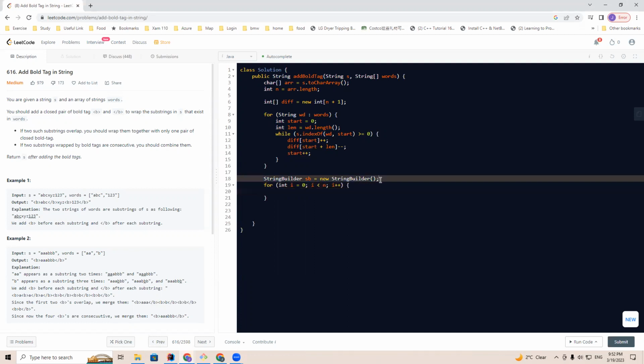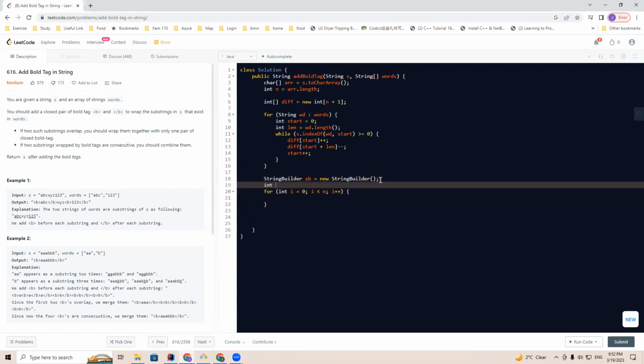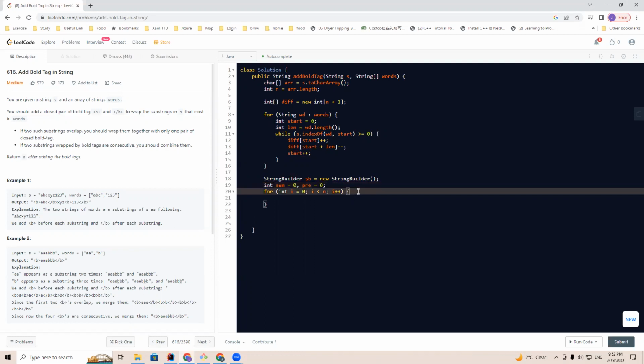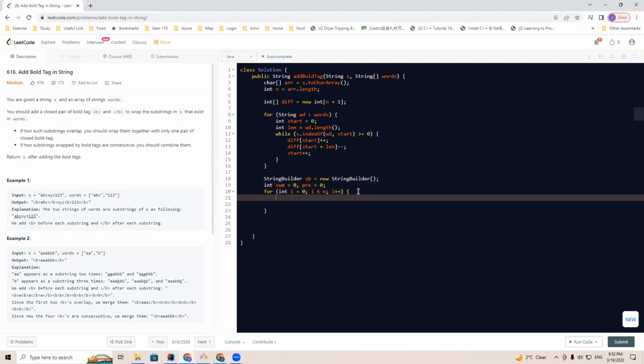We're going to use two variables. One is called sum equals 0, and pre equals 0. We'll say if pre equals 0 and the current sum greater than 0,